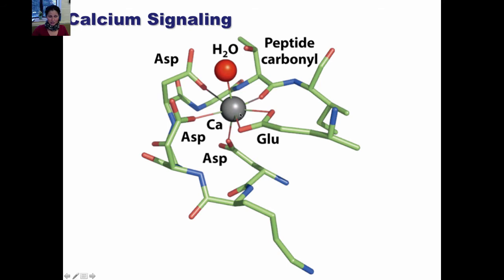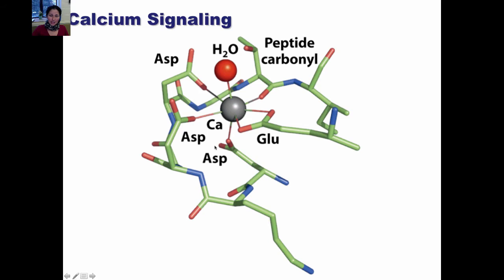It's a 7-coordinate site where the ligands are all very hard donors. So they're all oxygen atoms, and some of them have negative charges. So we see here that the binding site is made out of 2 or 3 aspartate carboxylate groups, a glutamate carboxylate group, and a carbonyl backbone, and a water. So this is a very hard ligand set, and it's in a 7-coordinate geometry. This selects for calcium, which is a very hard,